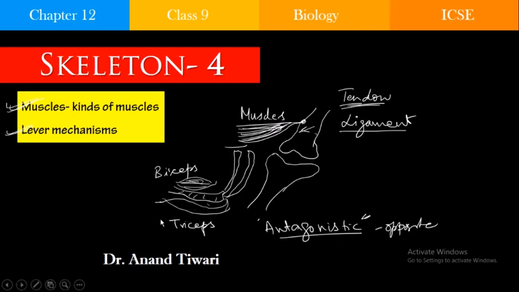The biceps by itself cannot function, the triceps by itself cannot function. They function by opposing each other. The biceps are the flexor muscles in the upper arm, and they bend the lower arm over the upper arm. Straightening or extension of the lower arm is brought about by the triceps, that is the extensor muscle. The triceps are there in the lower part of the arm. Therefore, these two muscles are antagonistic. There are different kinds of muscles.